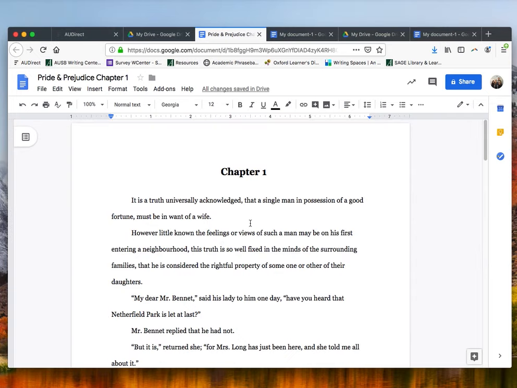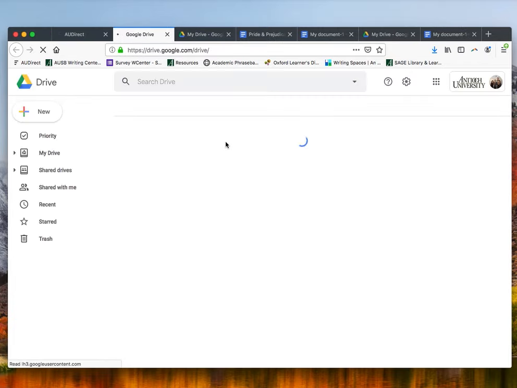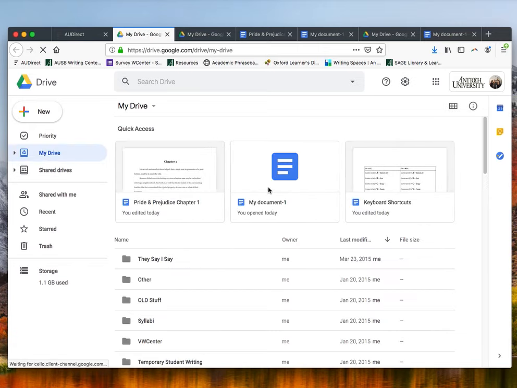So those are the basics that I think are most useful to know in Google Drive. And again, you can find your document by going from AU Direct Portal to your Google Drive. And then you can see your document